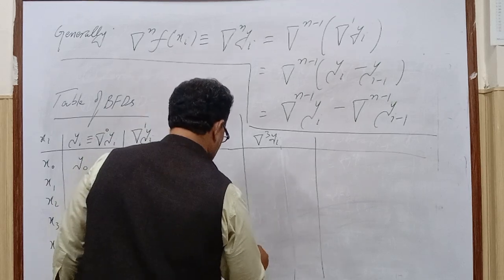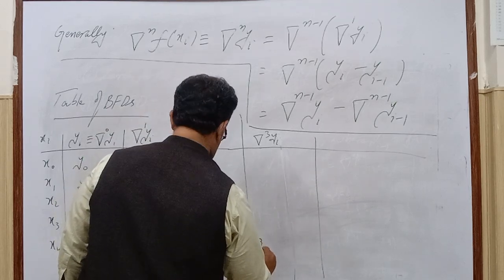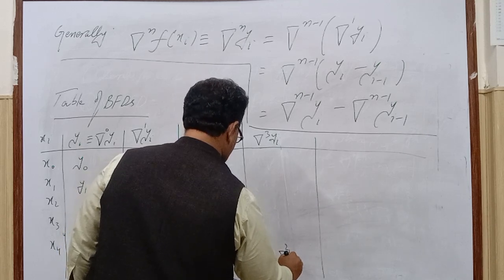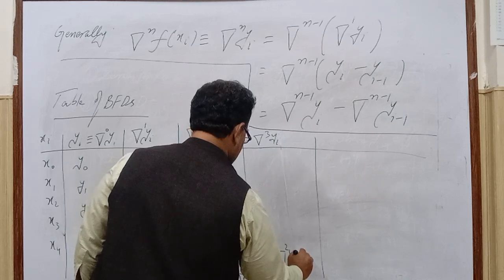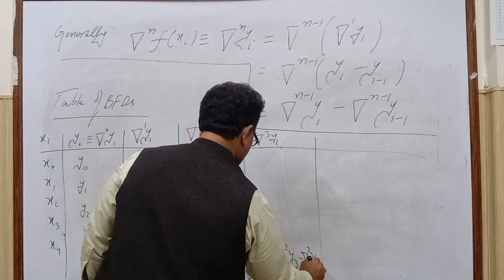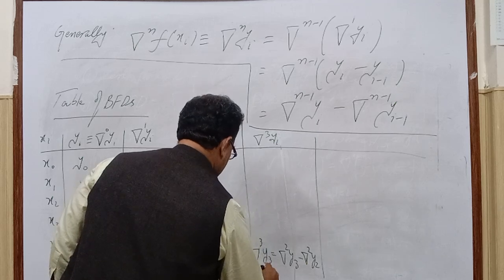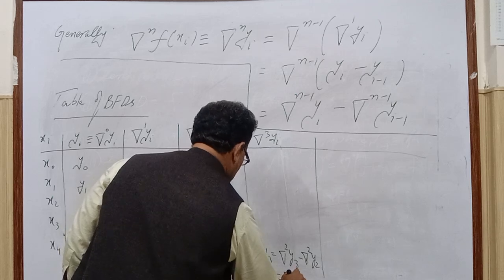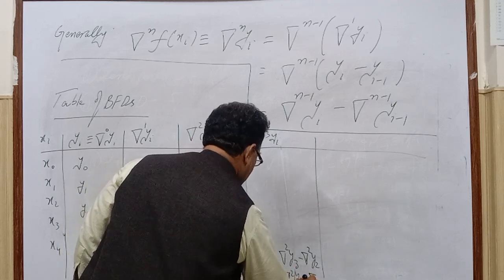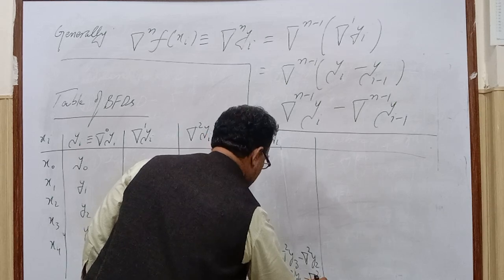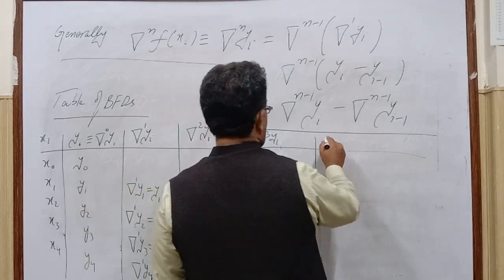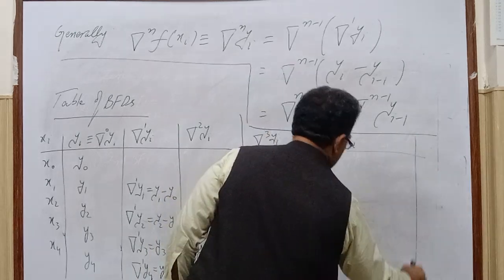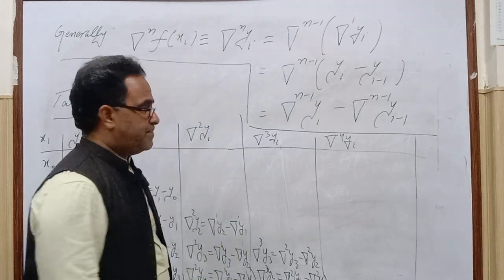So this will be delta 3 y3, and this will be delta 2 y3 minus delta 2 y2, and the last one is delta 3 y4, and this will be equal to delta 2 y4 minus delta 2 y3. Okay, now for the last column, that is del 4 yi, that means fourth level BFT,